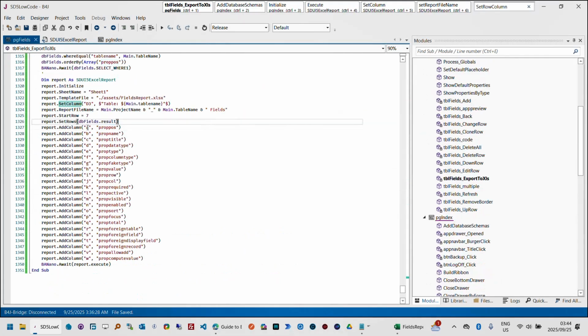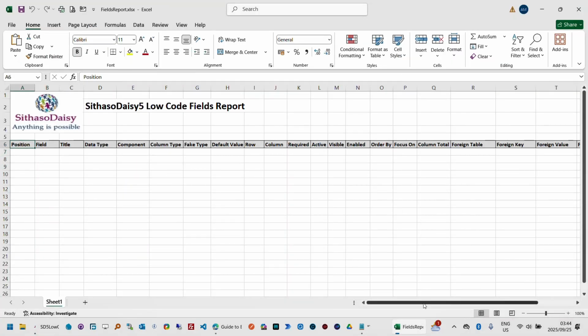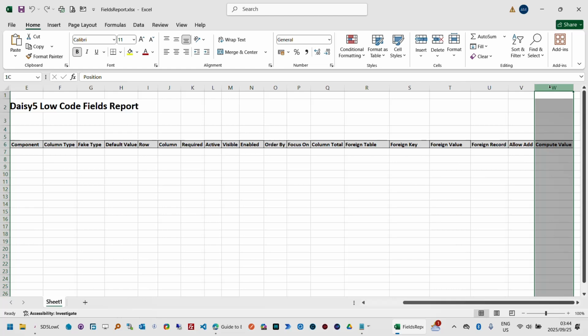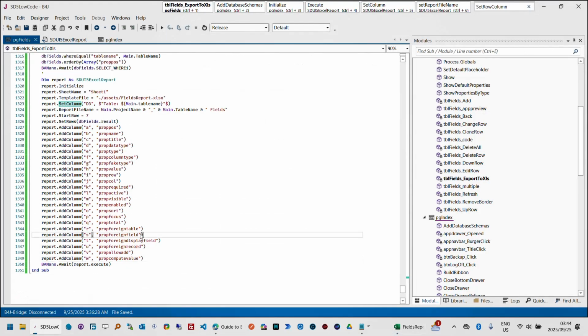So from column A to column W, that's where we want to write our content and get the information from these particular fields in this list of reports here. We're saying column A to column W, get the fields from the data set that we put there, and then you write and execute. Now the code in execute